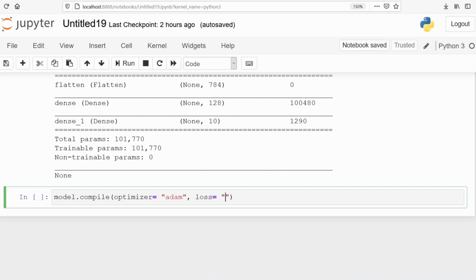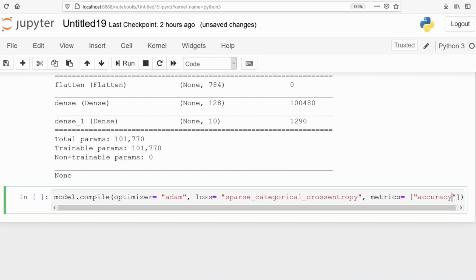For loss, we will use sparse categorical cross entropy, and for metrics, we will use accuracy. Our loss function is sparse categorical cross entropy, optimizer is Adam, and metrics is accuracy. Let's go ahead and check.